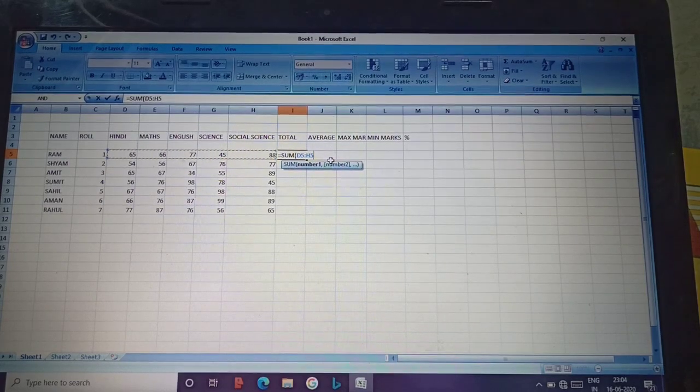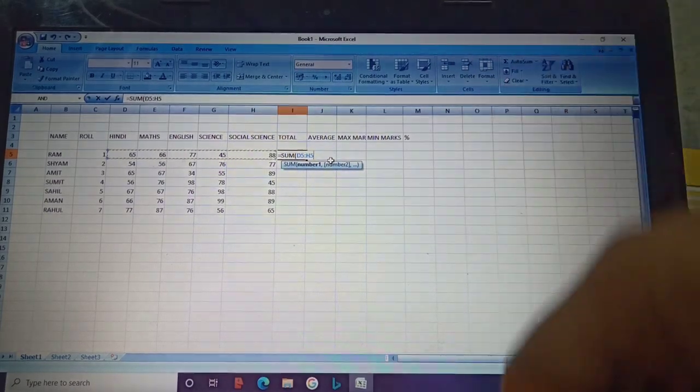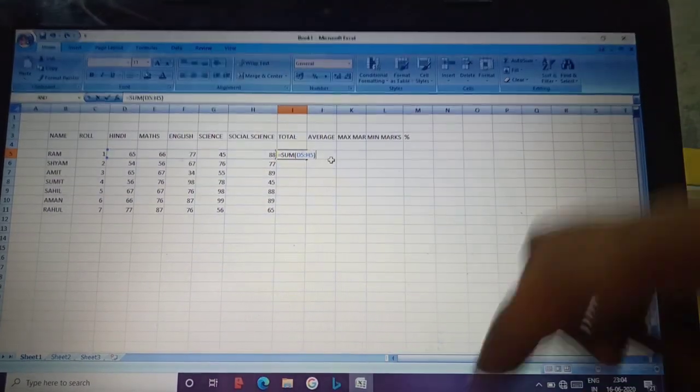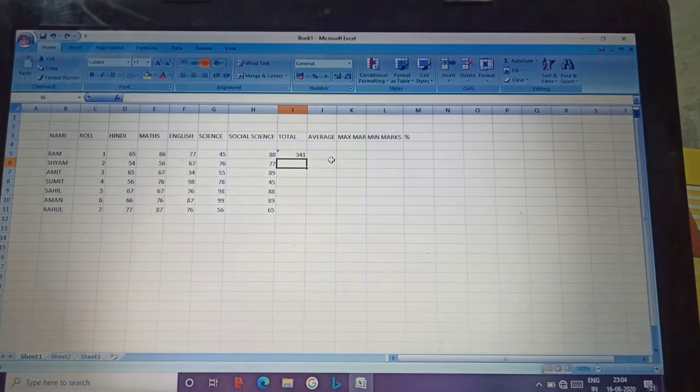So it shows D5 colon H5. It denotes the cell range D5 to H5. These are the arguments for the function. We put a closing round bracket after this, and then we just press the Enter key.